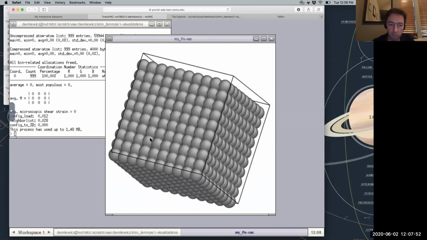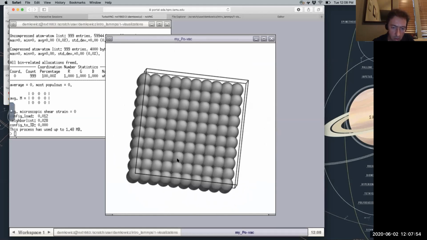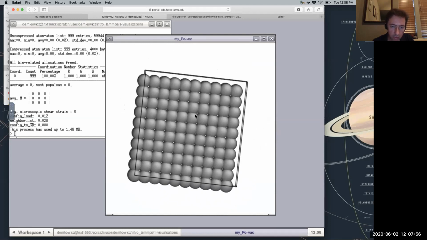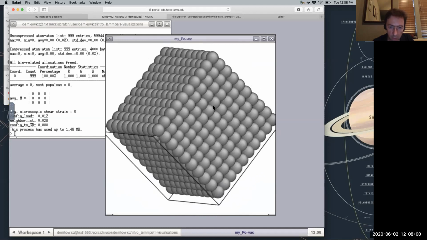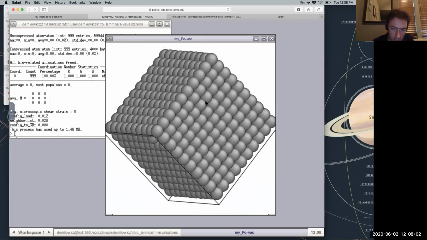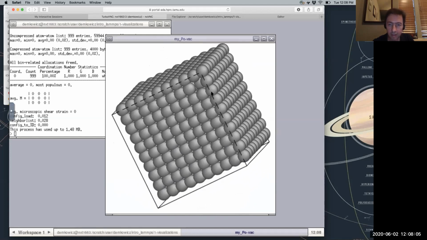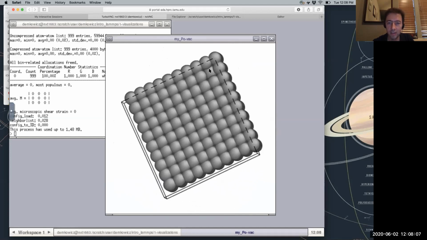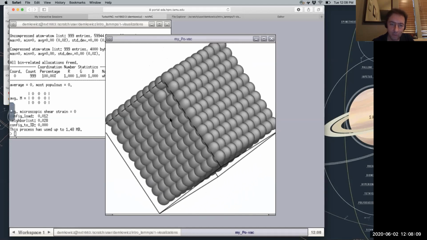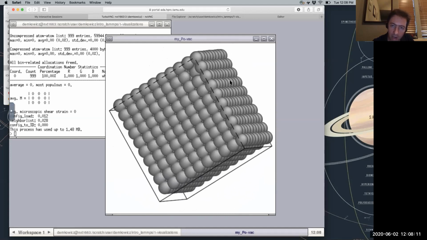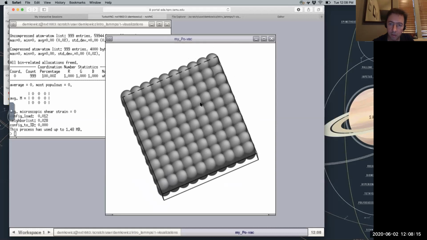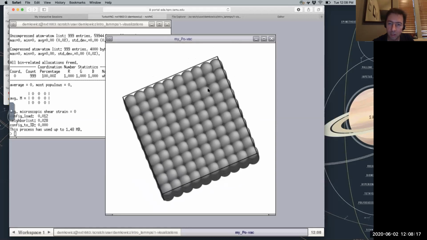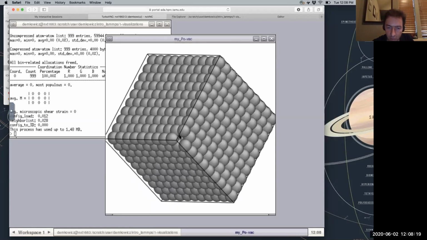I don't see it. Let me see if I start moving this around if I can see it. Ah, there it is. You see that? It was a little bit hard to catch, but there it is. There's the missing atom. Interestingly, when AtomEye started, it must have shifted the structure under periodic boundaries to begin with. So I'm just going to shift this around a little bit under periodic boundaries. You see that missing atom is right there.